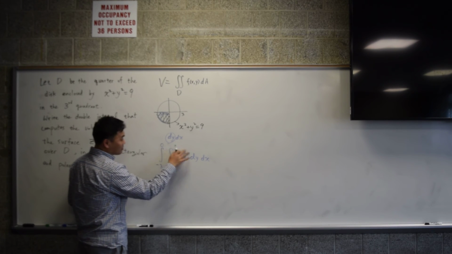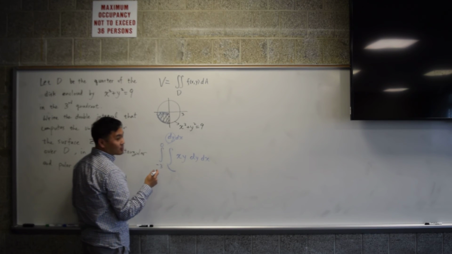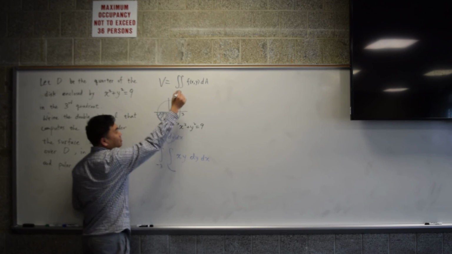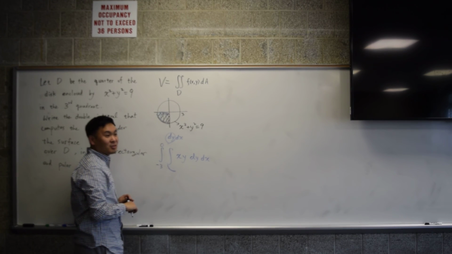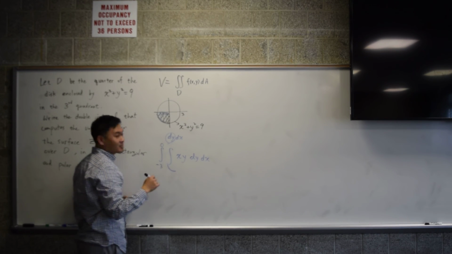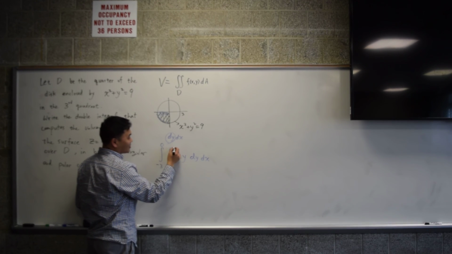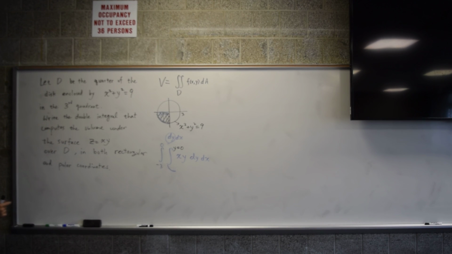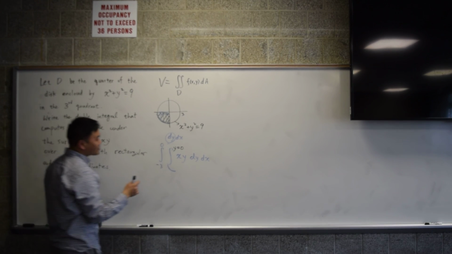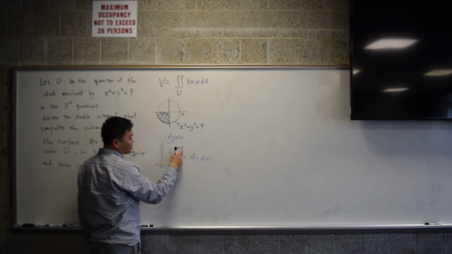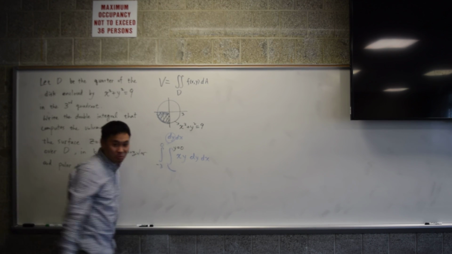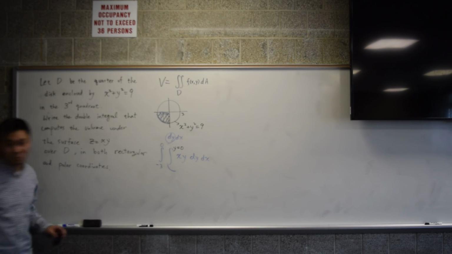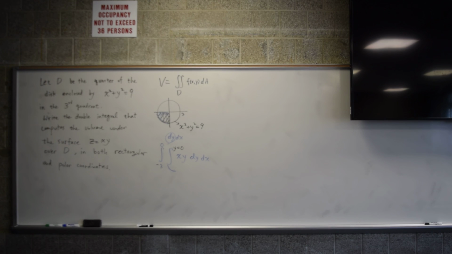What's the equation for this one? Y equals x. X equals y. X equal to y is a 45 degree. Okay, so don't say that, okay? Oh, sorry. All right. So you have y equal to 0. Ah, you just ruined it. The problem with saying such a thing is that